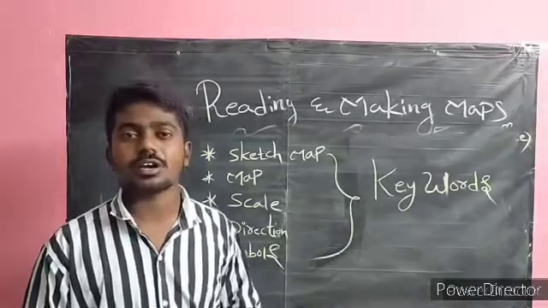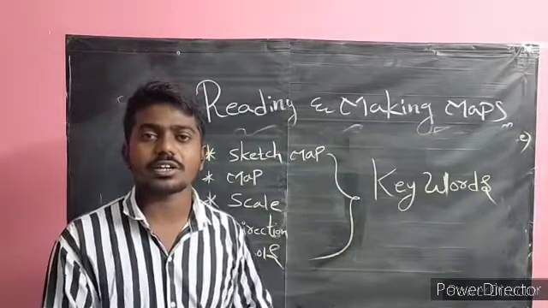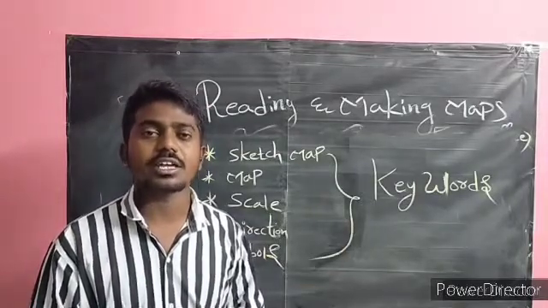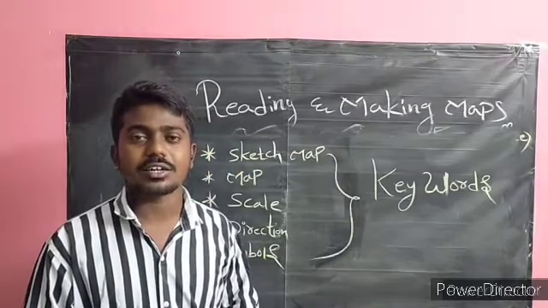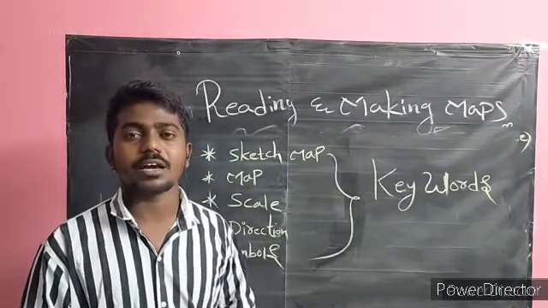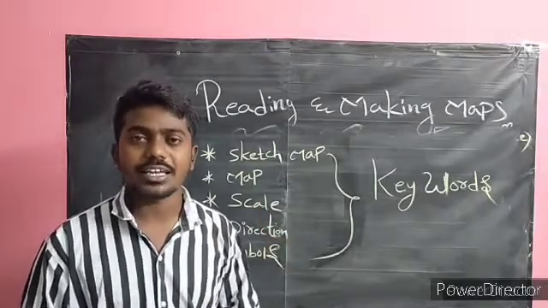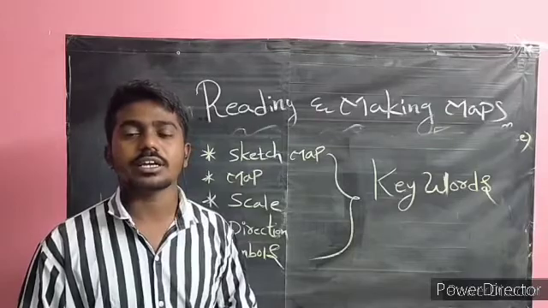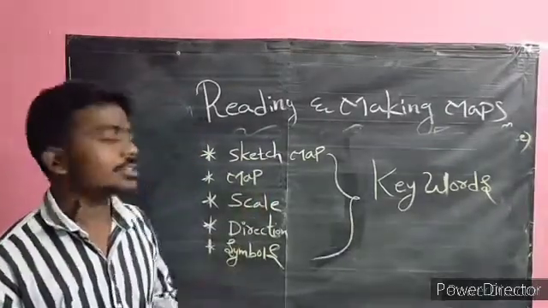I told you about the peninsula. India is called the peninsula. Why? Because we have three sides water, one side land. That is why India is called the peninsula. In the east of India, we have the Bay of Bengal. In the west, we have the Arabian Sea. In the south, we have the Indian Ocean. I told. Next, come to the next.